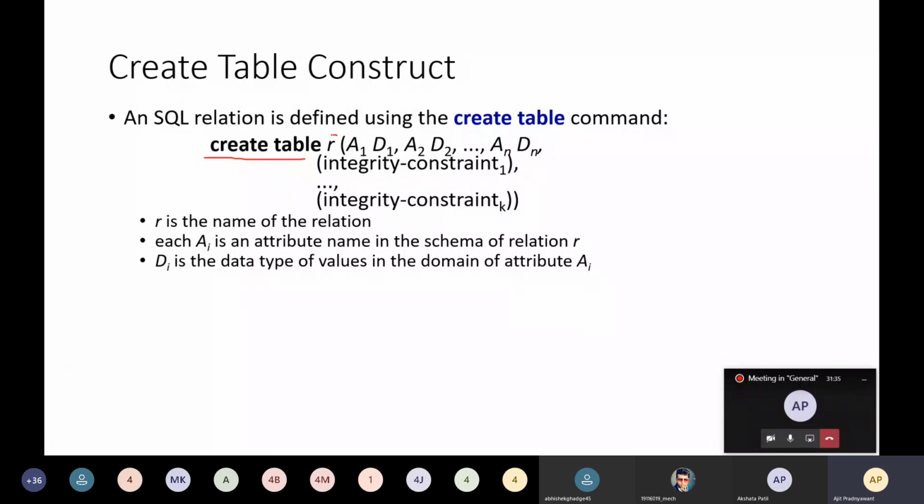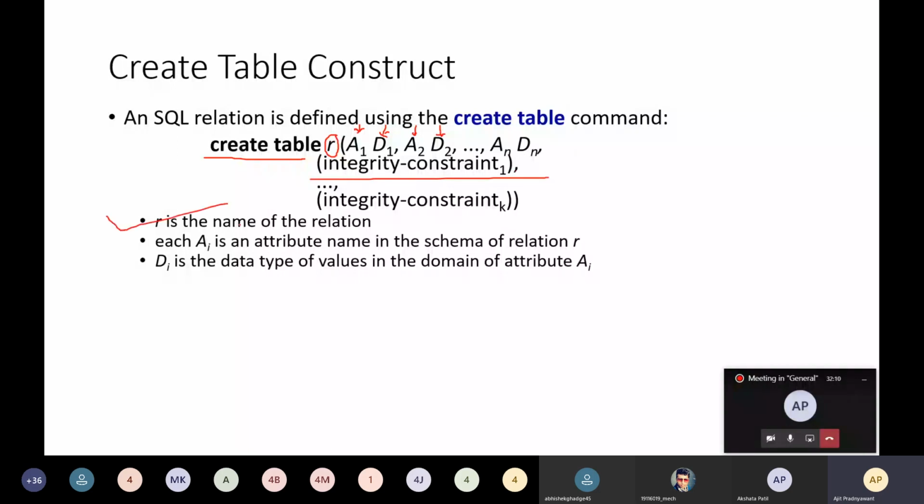You have to mention the relation name R, and then the first attribute A1 and its data type D1, separated by comma. Next A2, then the data type of the second column, comma, and so on till An and Dn, and you can mention the integrity constraints.